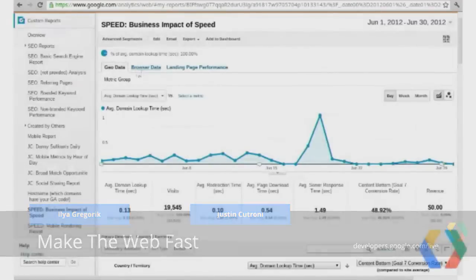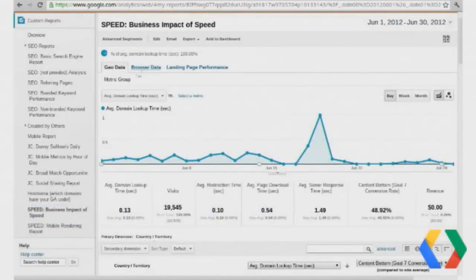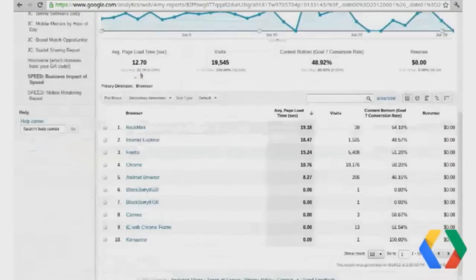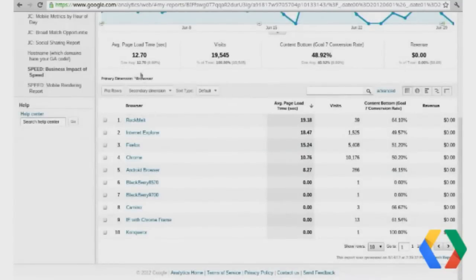Yeah, absolutely. And one thing I'll just show you guys, I've actually created this report, and this tab has geodata, but I've got other tabs that show this data segmented by the different browsers. And so on this tab, instead of having things like server-related metrics or network-related metrics, I can have browser-related metrics.